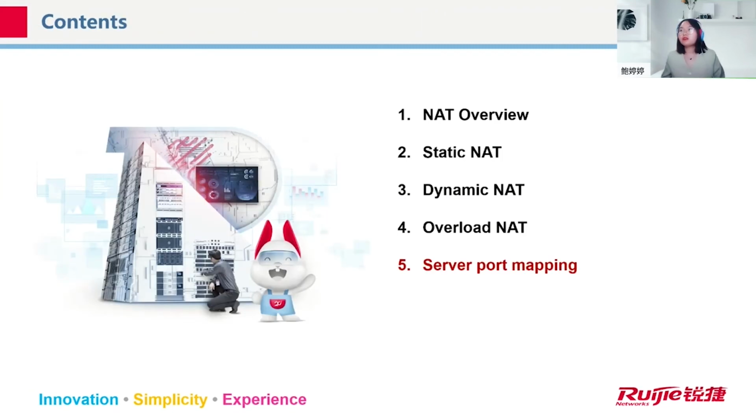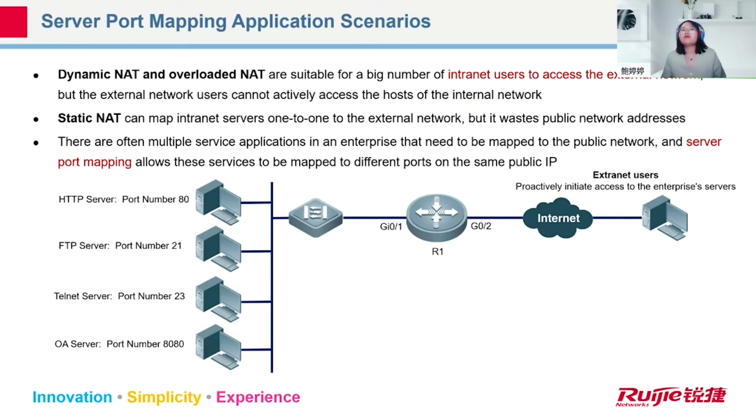And the next one is a server port mapping. And this also will be used in the special scenario. For example, in your company, you have lots of server like HTTP, FTP, Telnet server, and OA server. And about this server may be located on your firewall zone and gets a private IP address. But maybe your employees or some users want to visit this server. They cannot directly enter the private IP address. They cannot visit successfully. So about this server, we also have to provide one public IP address for the user